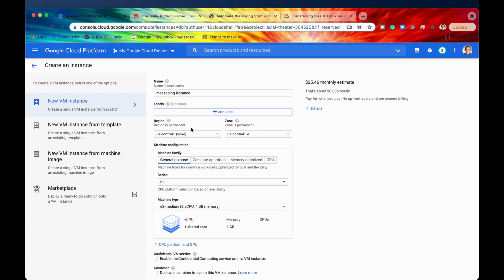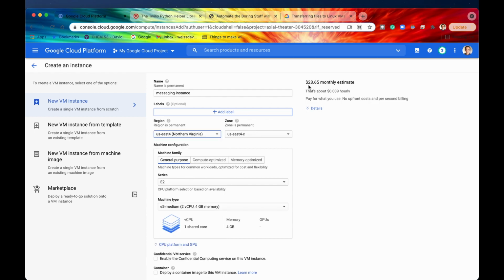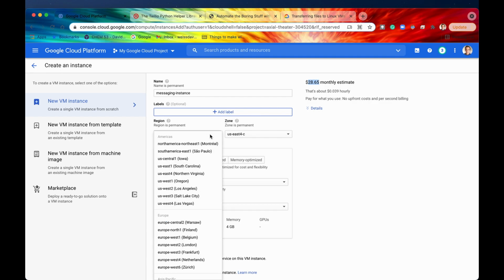But the next important thing is to decide where your instance is going to be located, what region and what zone. And again, we did something similar to this in our App Engine playlist. It's defaulted right now for me as US Central 1, but I can always change that to say South Carolina or Northern Virginia. Now, some of these places have higher estimates, so if we select Northern Virginia, that's going to be a little bit more pricey. So just keep that in mind,